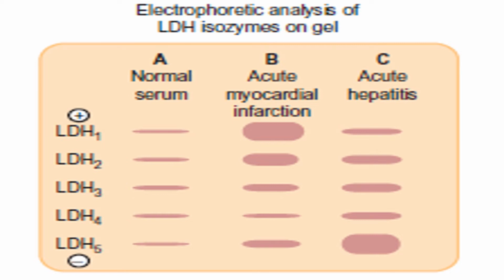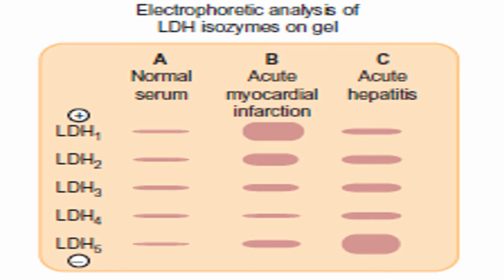And you can see those patients who are suffering from acute myocardial infarction. Myocardial infarction is a disorder where there is ischemia. The blood supply to certain areas of the heart is blocked, and that particular area undergoes necrosis. When those heart cells undergo necrosis, intracellular enzymes leak into the plasma, and you can see the broadening of lactate dehydrogenase 1 and 2 on the electrophoretic analysis in case of myocardial infarction.